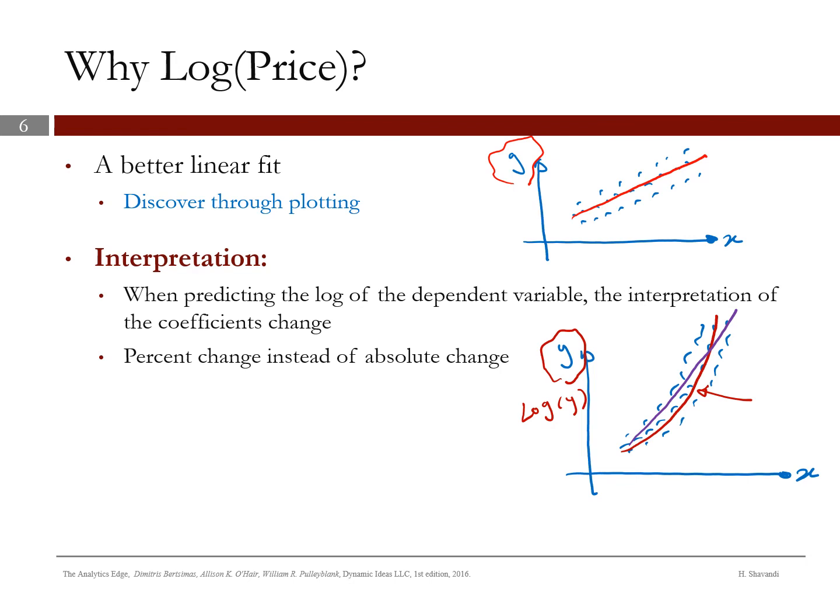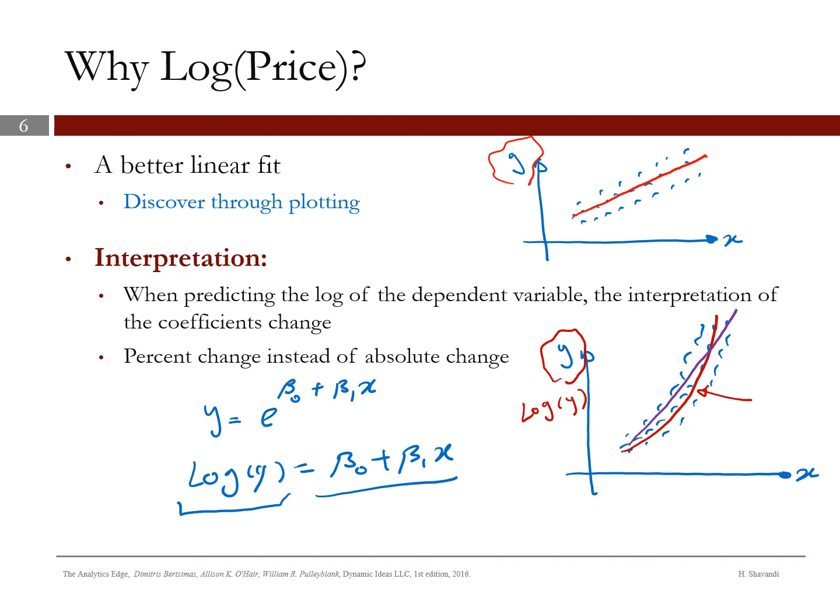Here since we assume the relationship between y and x is non-linear, let's say it's exponential. So for example, the true relationship is like this. Let's say, for example, beta 0 plus beta 1 times x. So we know that this is the true relationship between y and x. So now if we take log on both sides of the equation, we'll have log y equals beta 0 plus beta 1 x, right? Now by considering the log of y, we can easily apply the linear regression,